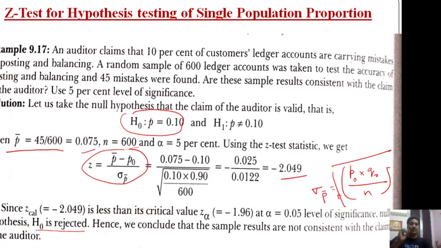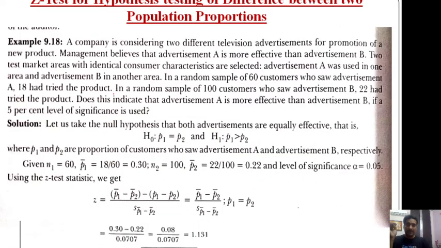We should also take care of the uses of the Z test, in what situations we make use of the Z test. Once we have learned about testing the hypothesis about a population mean, the second use of the Z test was to test the differences between two population means, and this is the third one, for population proportion. So this is third, and the fourth use or application of the Z test is to test the differences between two population proportions.